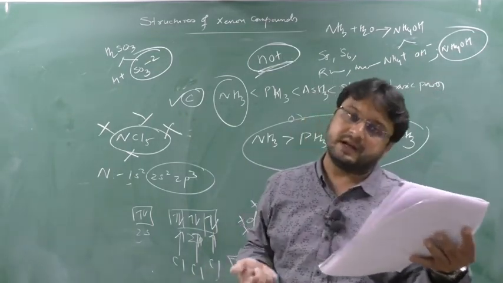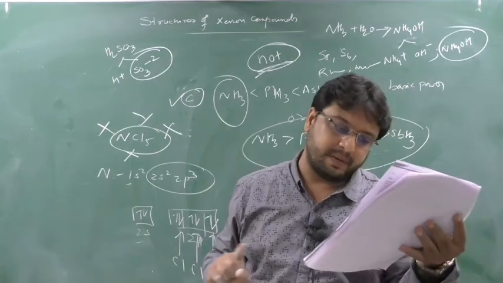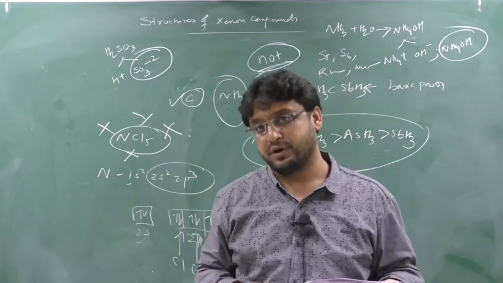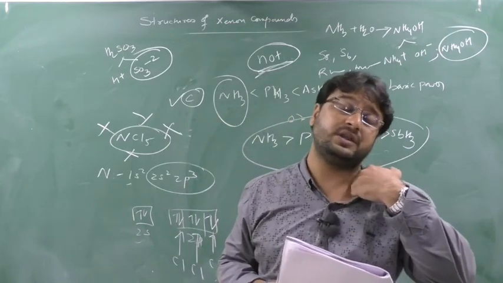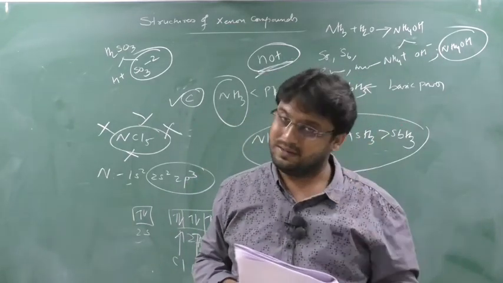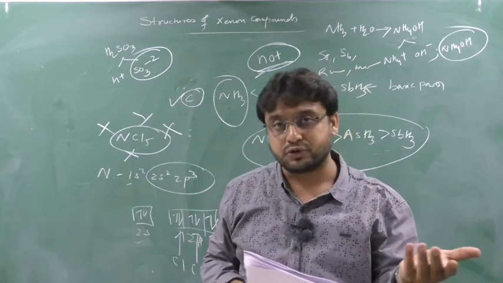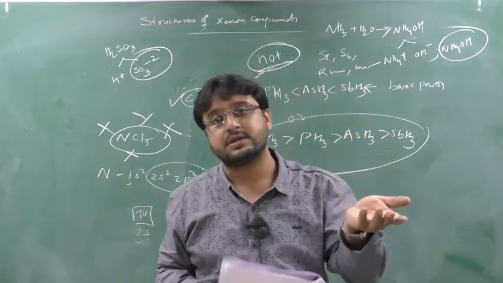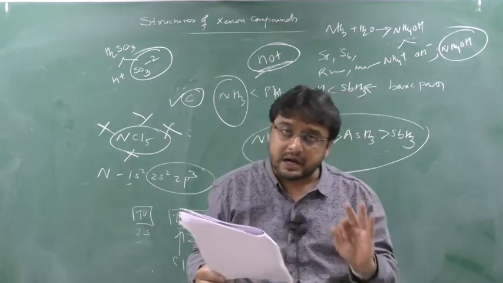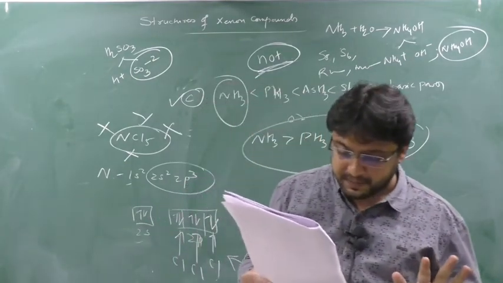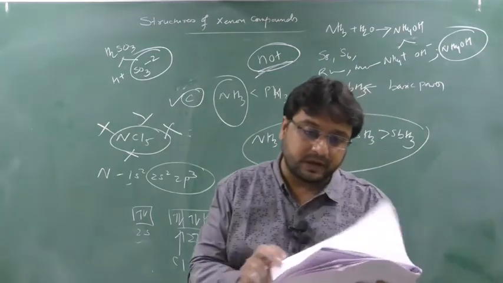So sulfant. Question number 27. Sulfant is 100% oleum. You should remember this. This is a very important question. Everything cannot be done on the board. There are certain things you have to remember. You read books, try to solve the MCQs from Merrill or from Pradeep. So sulfant is nothing but 100% oleum.